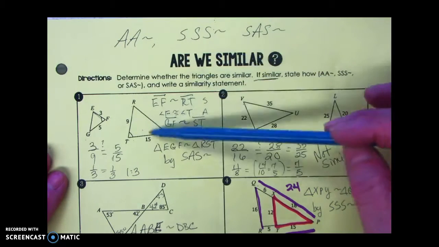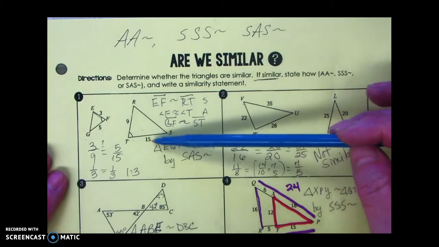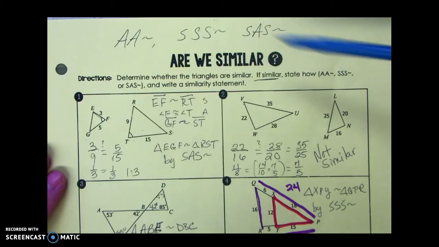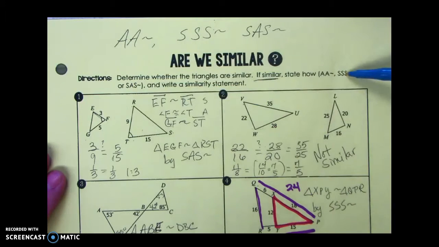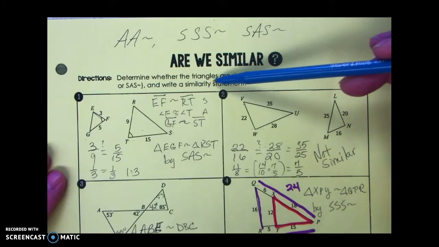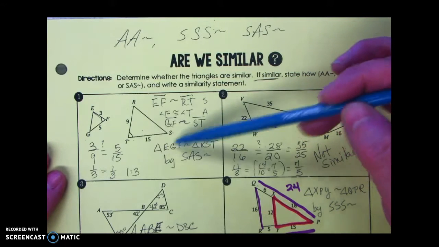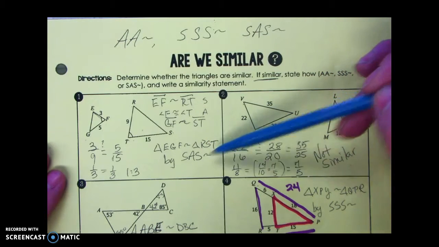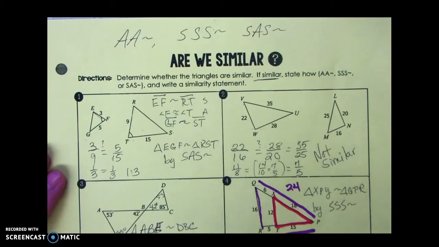Because remember, they're not the same size. They're the same shape, but not the same size in similarity. And then if we do find that they are similar, we will state how they're similar. Either by angle-angle similarity, side-angle-side similarity, or side-side-side similarity. And then we write the similarity statement, which is like triangle EGF is similar to triangle RST by side-angle-side. Okay, so that's the similarity statement, but let's look at what is going on in this